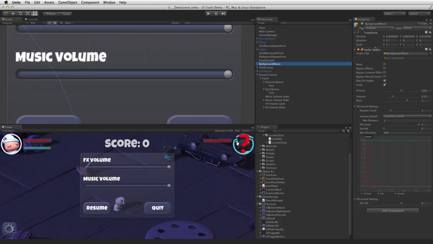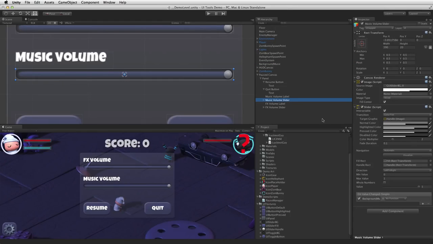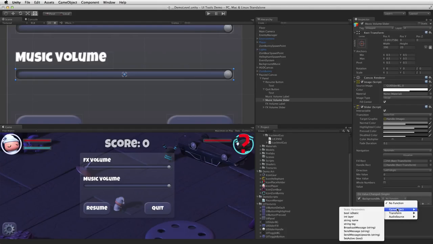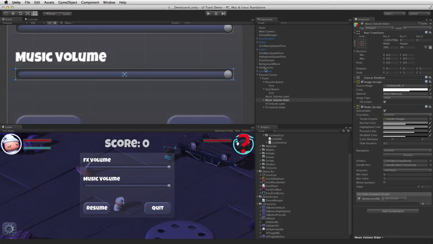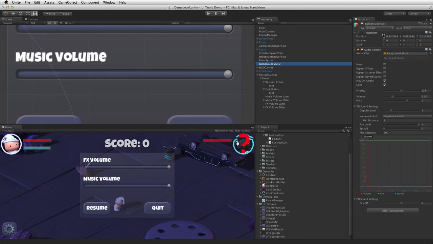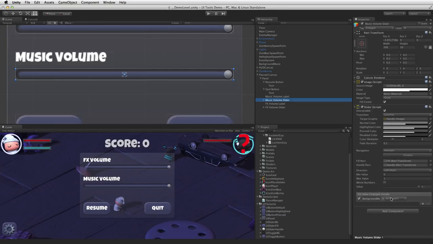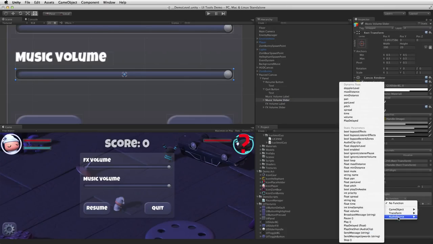Looking at the background music, it is simply a game object with an audio source, and that audio source has the looping background music. But I don't need to write any special function, because if we look inside the components, we can see there's the game object, there's the transform, and there's the audio source. So I can pick the audio source,